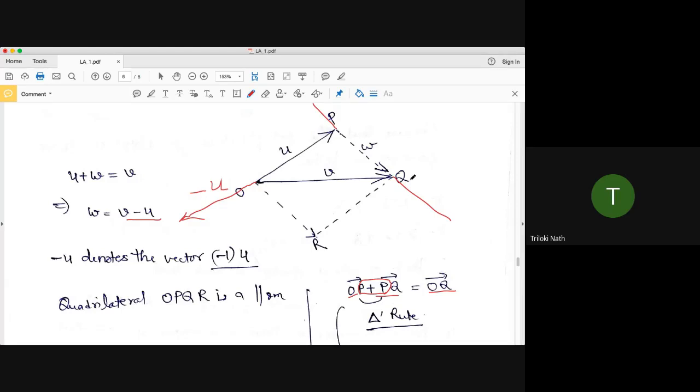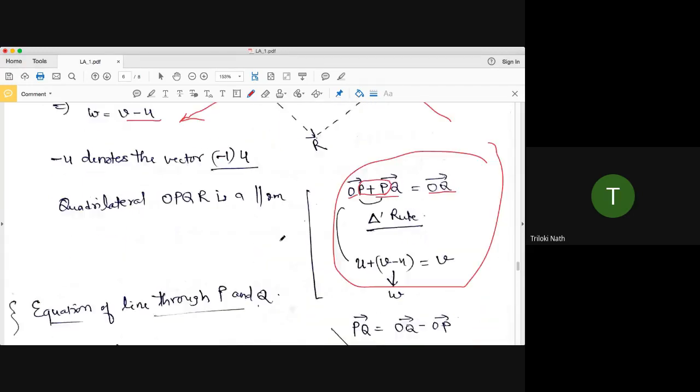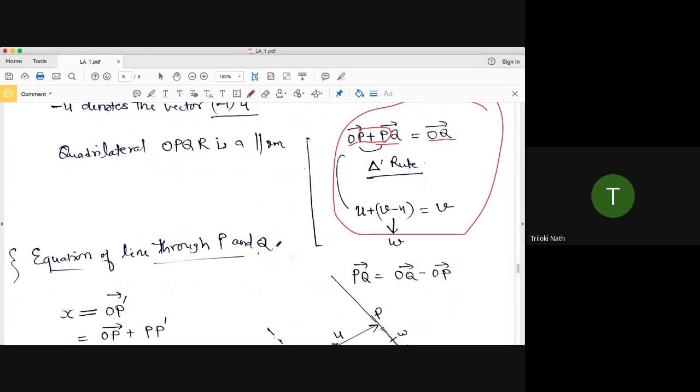If the direction is same and magnitude is same, then you can move the vector anywhere. So this vector PQ is the same as vector OR because these are parallel and having the same direction, OR direction, this is PQ direction, sense is also same. And because they are parallel, so having the same magnitude. So you see, this is a parallelogram law. So parallelogram rule is also satisfied for the vector addition. So the easiest way is you just remember the triangle rule also. So the same thing. Okay, fine.